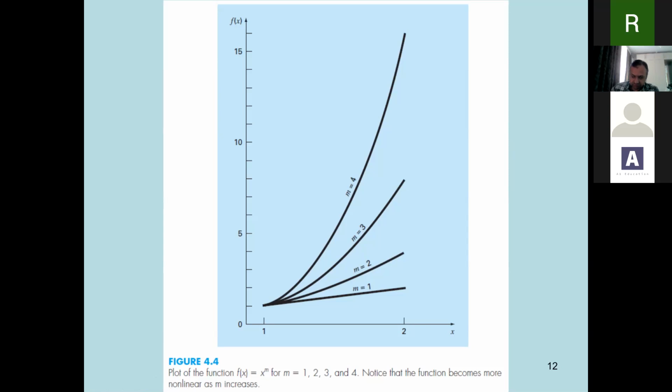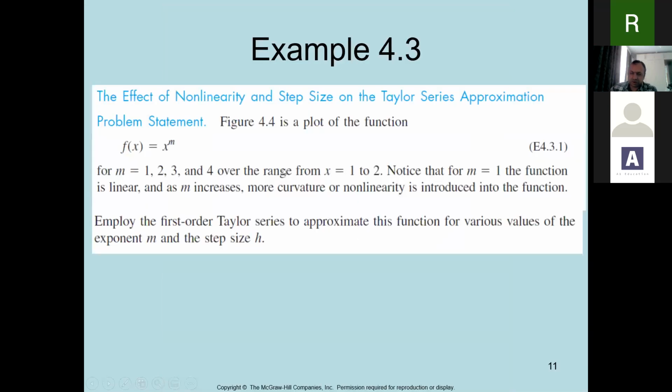So you can see that for m equal to 1, the function is linear, but for m equal to 2, the function is gradually transformed towards non-linearity. So we want to see the effect of non-linearity on the Taylor series approximation. For m equal to 1, 2, 3 over the range from x equal to 2, the values have been plotted. And notice that for m equal to 1, the function is linear and as m increases,